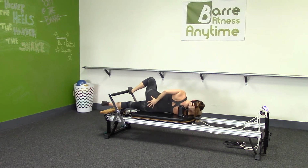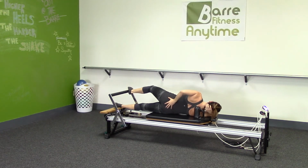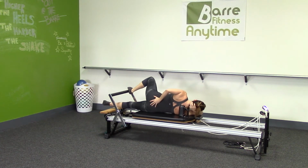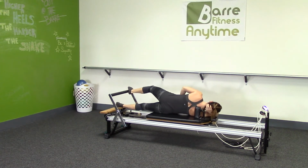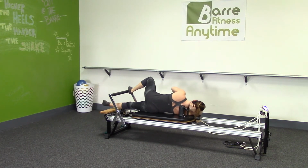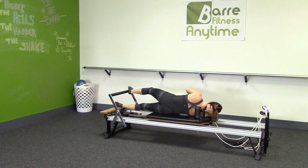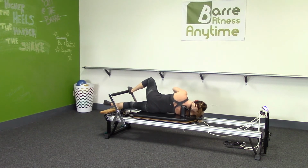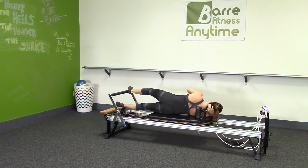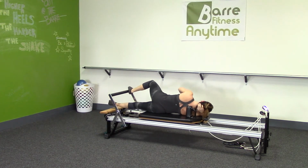And pull in. Stack those hips. Don't lean back to the meat of your butt. Lean forward. Think your core is in strong from the front and from the bottom. You're lifting that waist up. Woohoo. And press. And in, reaching out, pulling in, reaching out and pulling in, and then one more reach out,